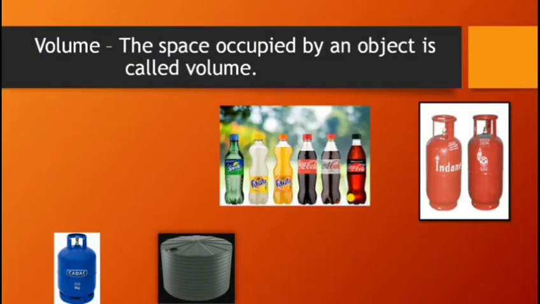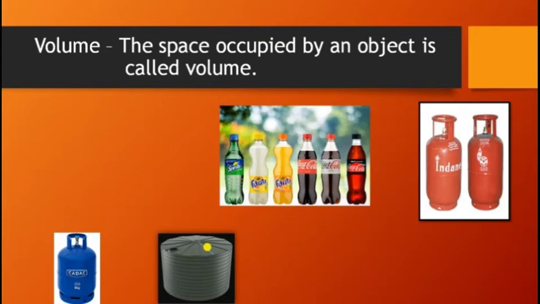Now the term comes: volume. Before starting volume, what actually does volume mean? When we talk about volume, it is nothing but the amount of space that something contains or fills. So here you are making a view. Different bottles are there, filled with liquids, that is drinks. Here a solid cylinder is filled with gas. Here a water tank is filled with water. So this is the meaning of something contain or fill.